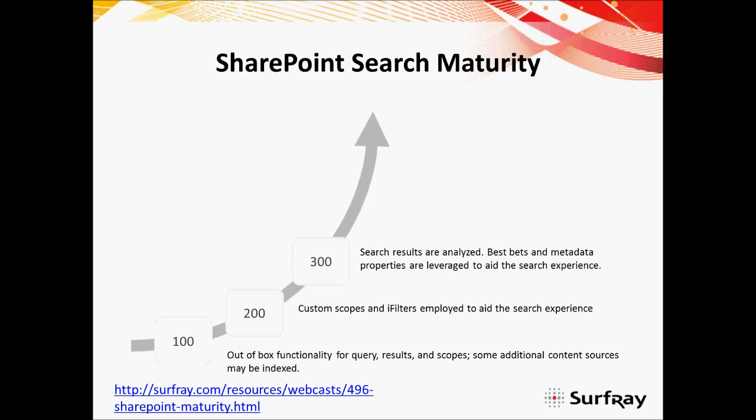As we move forward, now we're starting to look at level 300, where SharePoint search results are actually being analyzed. We're starting to apply things like best bets, synonyms. We're starting to request custom metadata properties from our users, and those metadata properties can then be used on the advanced search page. They can be used in scopes, and we can even use those for things like custom search refiners. I would say most SharePoint deployments that we look at tend to come in at about the 250 to